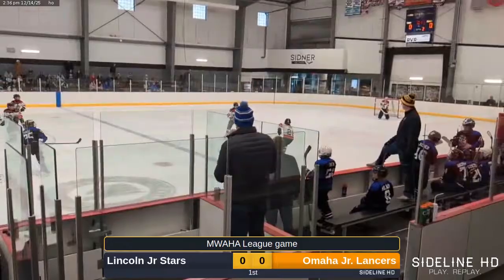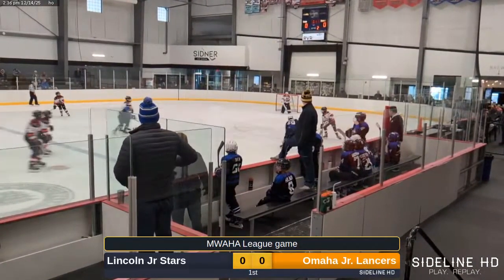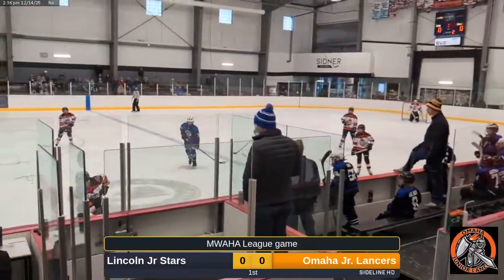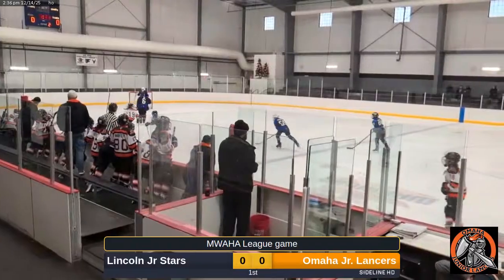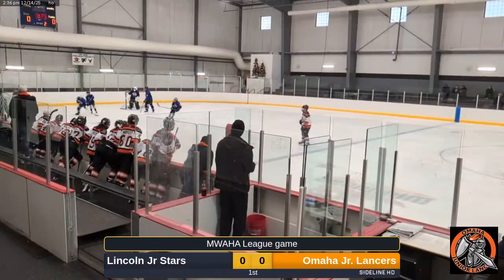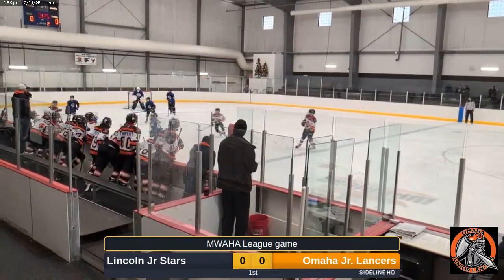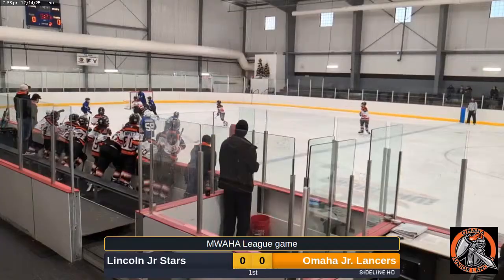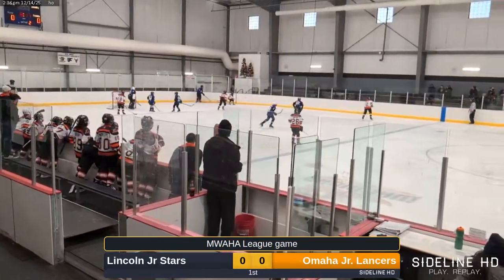Simpson takes the puck. Dances around. And back up to Frericks and Diamond. But Lincoln gets a poke. Nope, now it's back in the Lincoln zone. Frericks plays hard for it, but not able to collect. Gets chipped out to the zone, but Lincoln, the Junior Lancers are able to hold the line, keep the puck